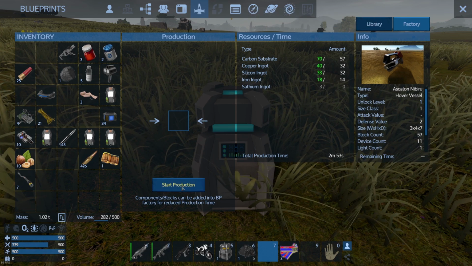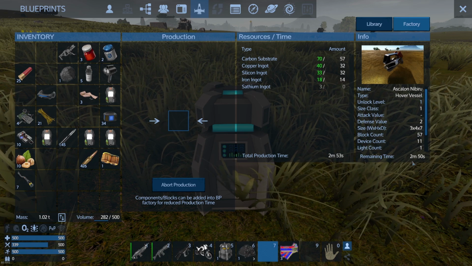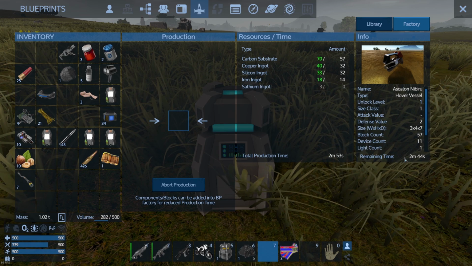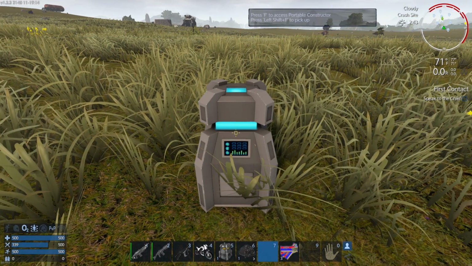And there we go. Okay. And start production. Now it's going to take 2 minutes and 53 seconds. This is what I was talking about at the beginning of last episode. Well, the first episode. That, I want these to be instant, but whatever. I'll be okay with the 2 minutes and 42 seconds. I'll go do some more